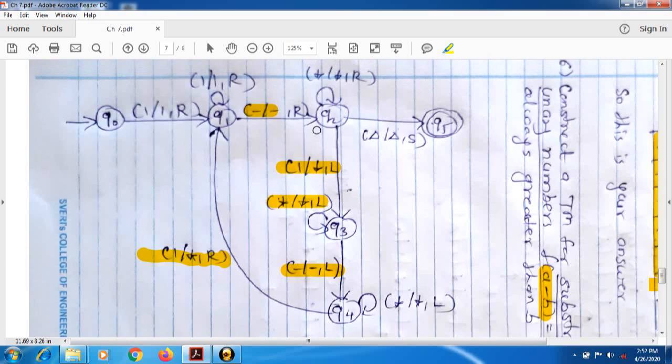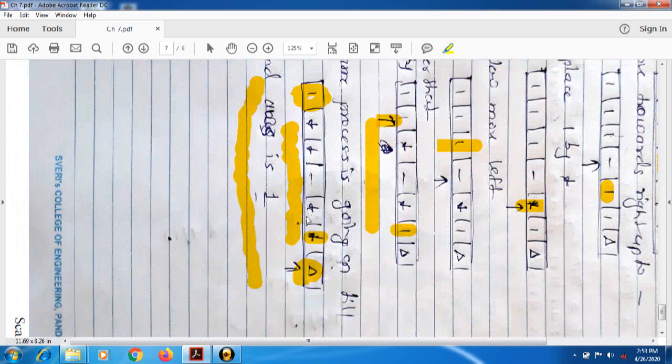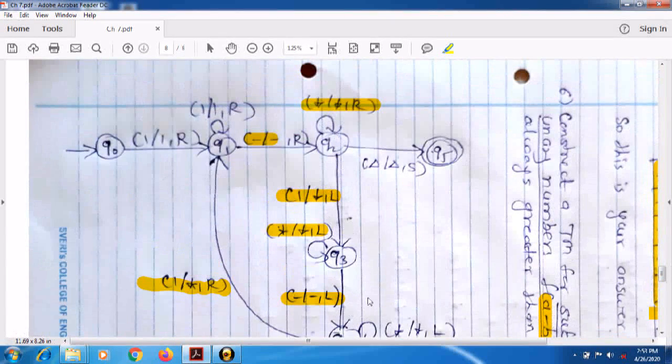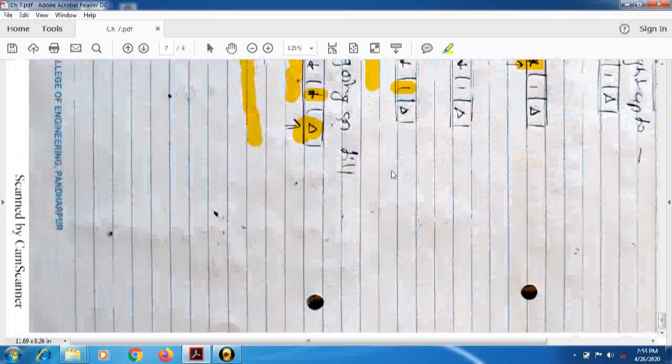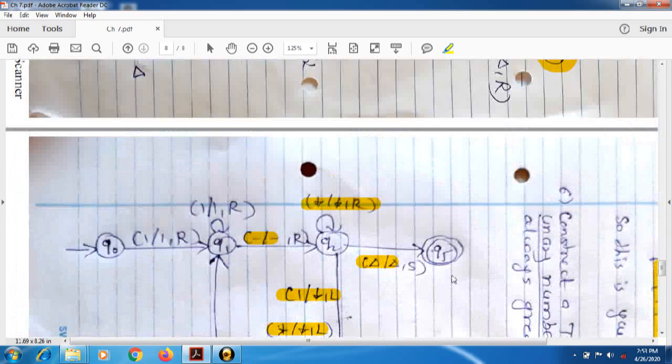but while following the same loop we have to use this loop and this loop, as we have seen in the example. Whatever process we are doing over here, for that we have added these two loops. And whenever we reach the null symbol, this one, then this is your final state and we have to stop the tracking of the Turing machine.